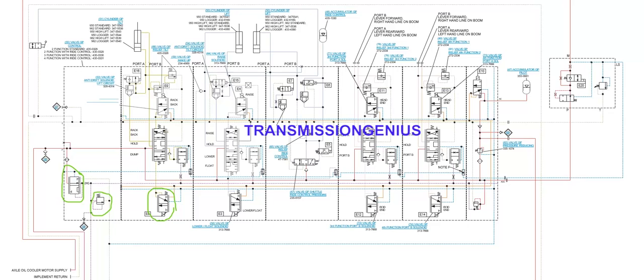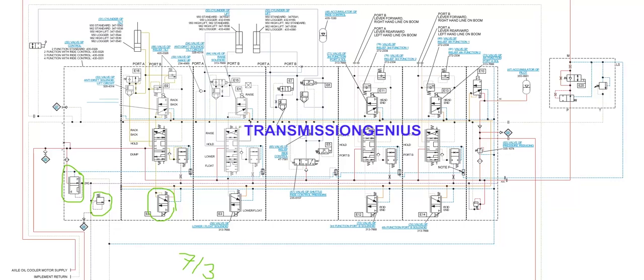How many ways do you have? 1, 2, 3, 4, 5, 6, 7. A 7-way, 3 position valve, centered by spring.